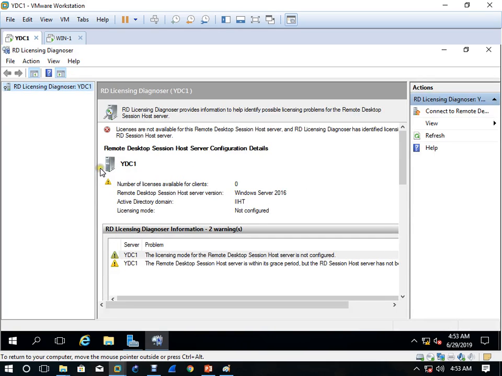Okay, so it's the same thing: it says the licenses are not available for this remote desktop session, but don't worry about this, don't think that it is an error, because we have 120 days, free.